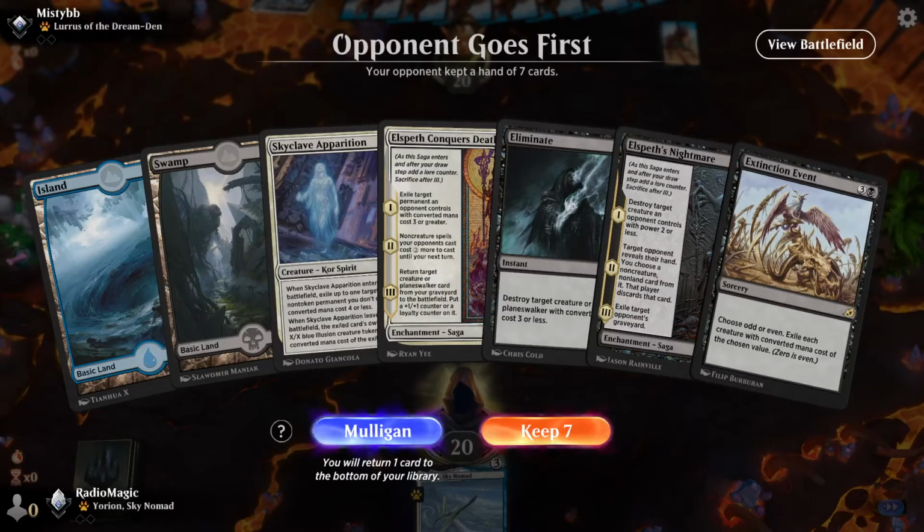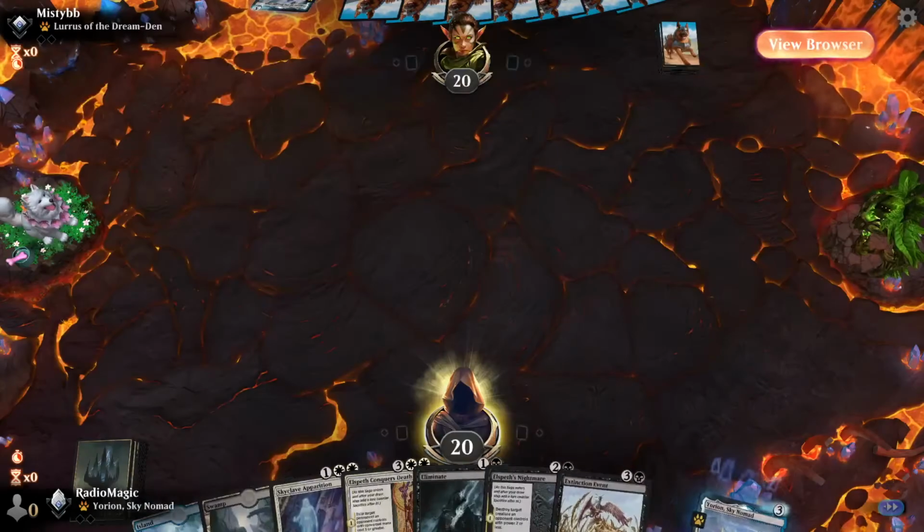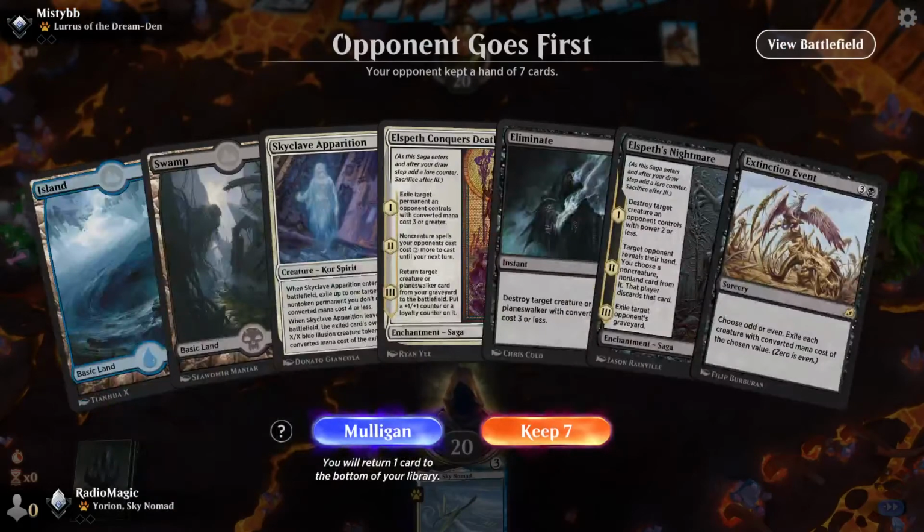Okay, so we get to go on the draw. This hand has a bit of white in it with no white sources. We have the Eliminate early, and opponent's on Luris. So if they're on the Spirit Core Dancer deck, the Aura deck, then this Eliminate's going to work out really well, as long as the Elspeth's Nightmare. And Extinction Event for that matter. So I think we're going to keep...